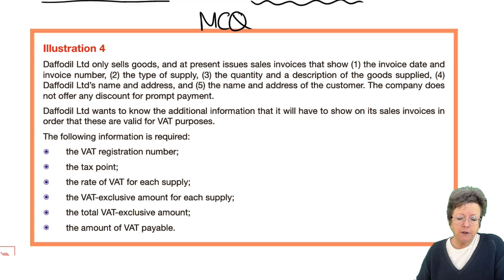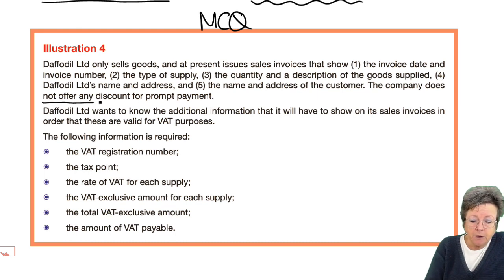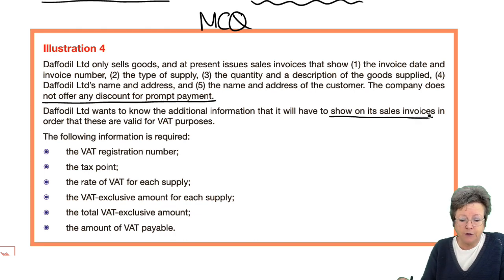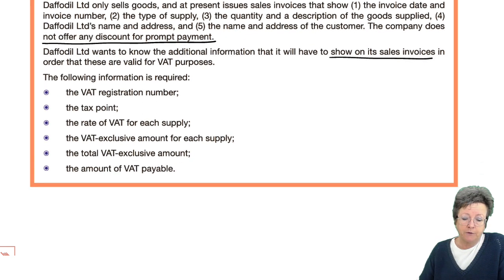So Daffodil only sells goods and at present issues invoices that show 1, the invoice date, and 2, the invoice number, 3, the type of supply, the quantity and description of the goods supplied, 4, Daffodil's name and address, and 5, the name and address of the customer. They do not offer a prompt payment discount. She wants to know the additional information that it must now show on its sales invoices to be valid for VAT purposes. So obviously these are the pieces of information